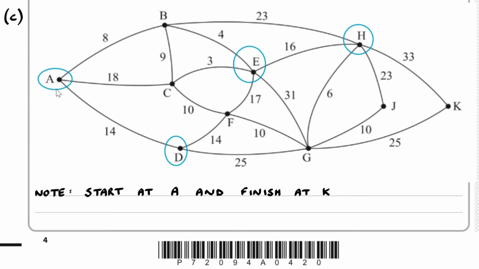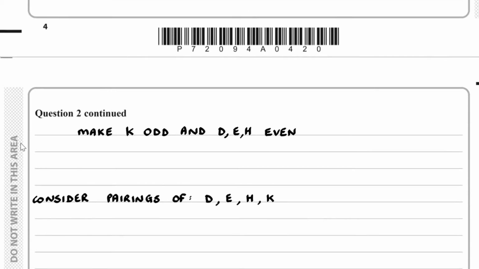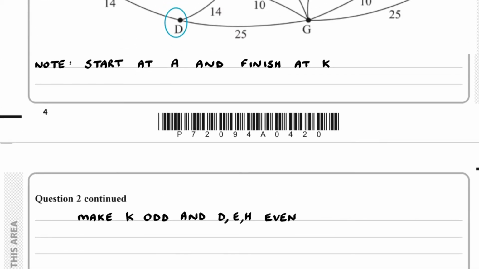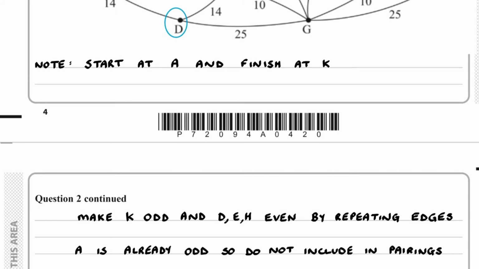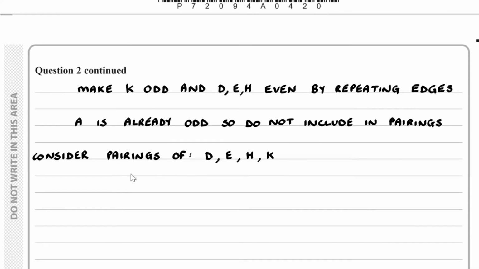A is already odd, K is even, we need to make that odd, and because D, E and H are already odd, we need to make those even. And the way we can do this is by repeating edges. Now, as we've just said, A is already odd, so we do not need to include that in the pairings. So if I consider the pairings of D, E, H and K,